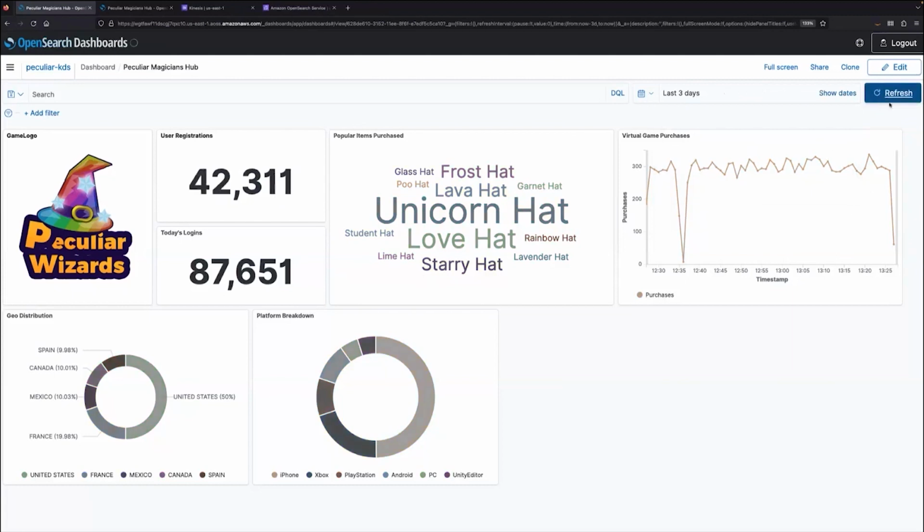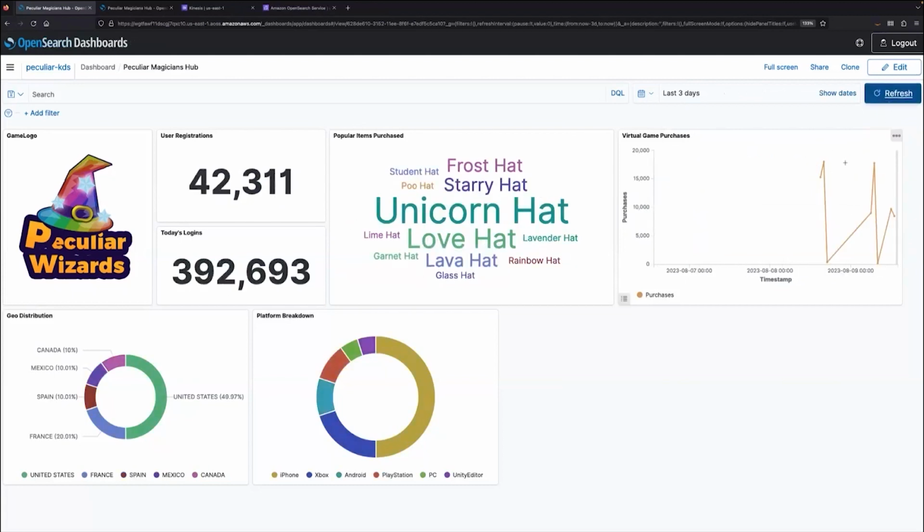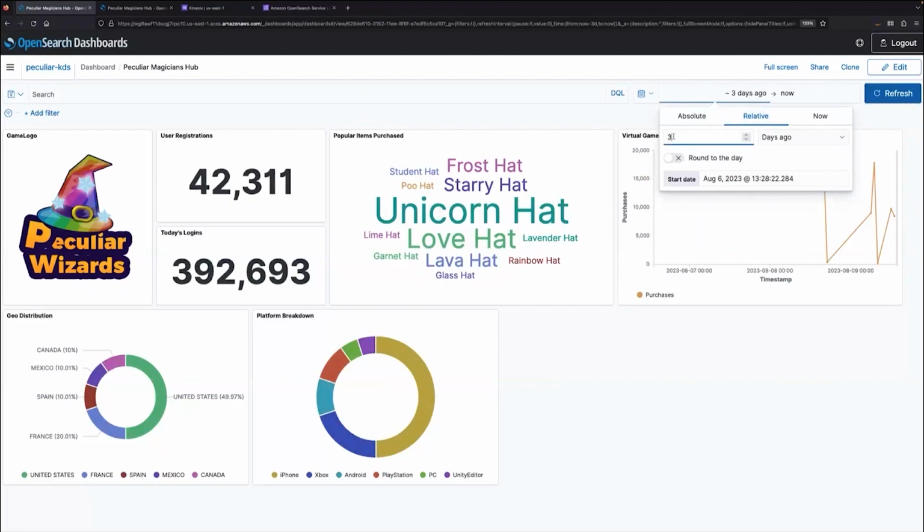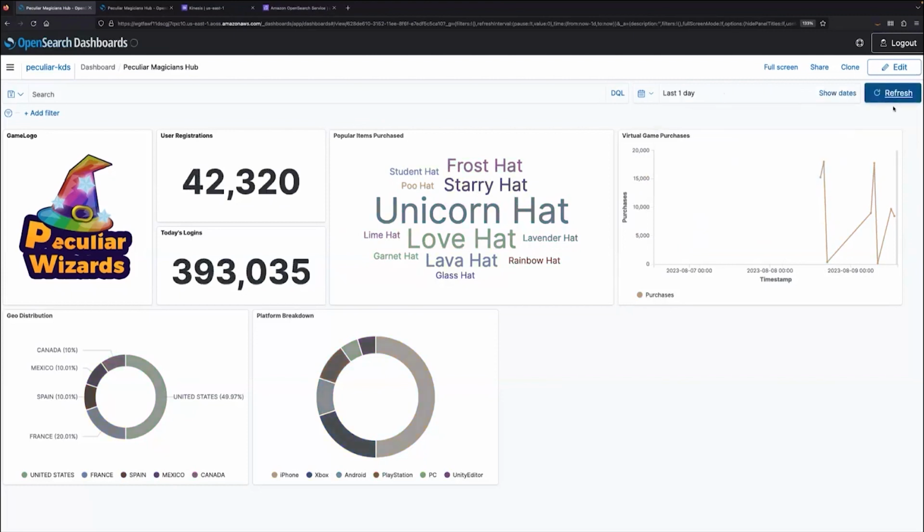Now I haven't been generating data the entire time, so we have a little bit less. Let's actually go down to 1 day. Today, just to give that a nice little update. So we have a smattering of spikes of ups and downs because I'm not actually generating the data all the time, but we can see that it's relatively responsive in terms of quickly updating the dashboard with the metrics that we're looking at, and responding with even larger data sets.